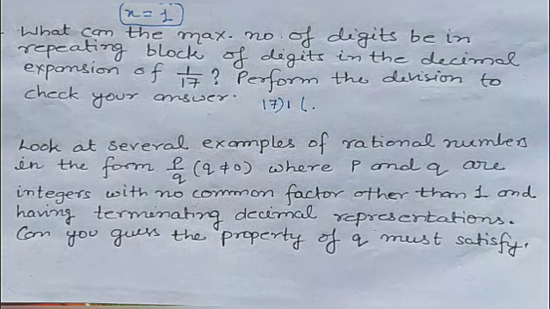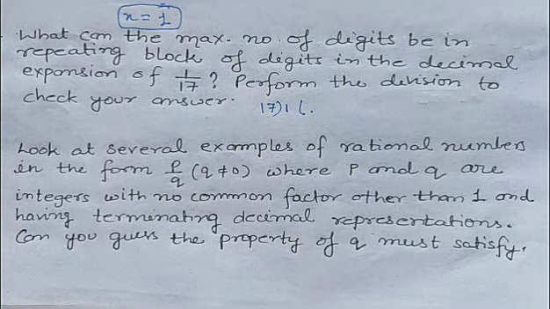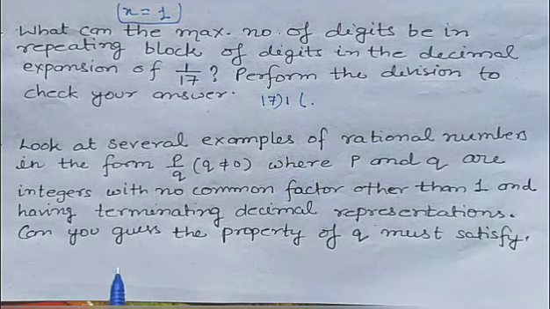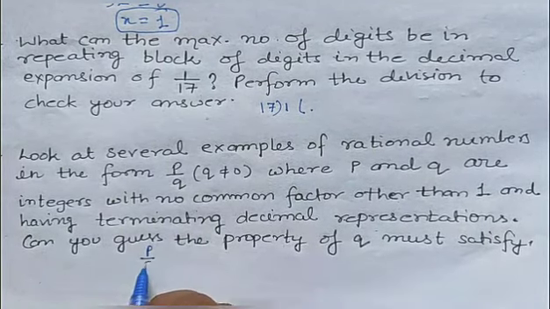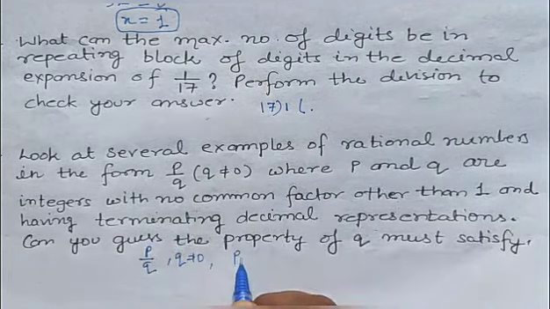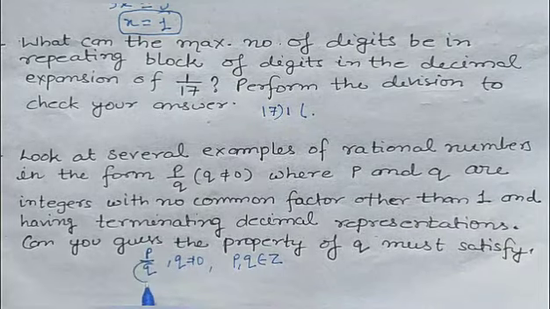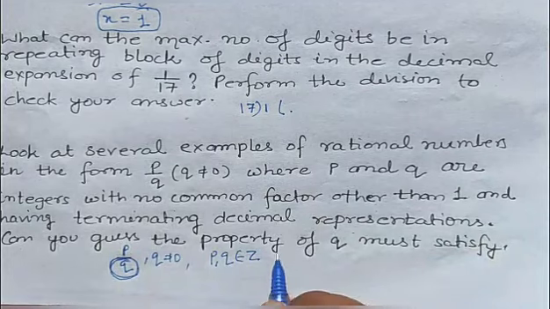Okay, you have to observe their denominators and tell what property was there. See, students, whenever any terminating decimal is there, one property is always there. You have to remember it: if the rational number is in the form of p by q, q is not equal to 0, p and q are integers, then this q means the denominator, the factorization of this q